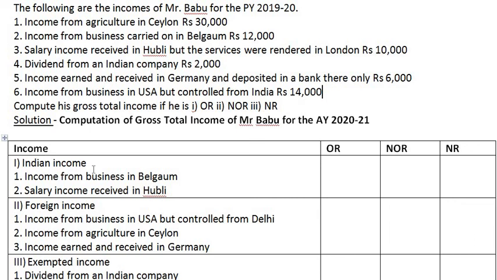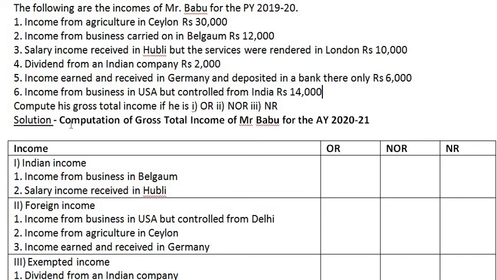Let us now solve the sum. When we are solving it, we have to make 4 partitions of income. One is Indian income, second foreign income, third exempted income, and fourth is past untaxed income brought into India in the previous year. As I told you, we should first make markings in the questions. That becomes very much easier for us to solve any kind of problem. So make sure you are marking first and then you are solving it.